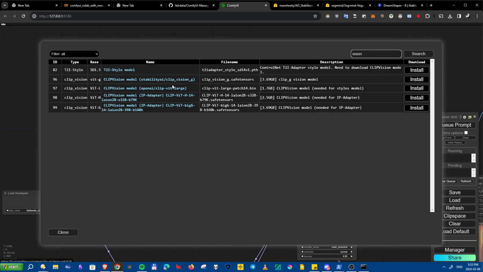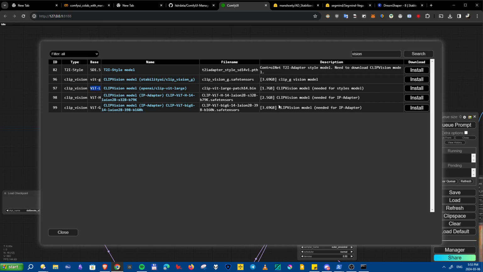Yeah, clip vision model, and you can install. Yeah, there's a few. I think the most recent one would be ViT-G. That's good. ViT-L you see actually in PyTTI. It's the same model that's used in that notebook. So you can download,